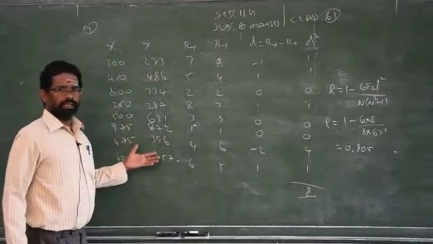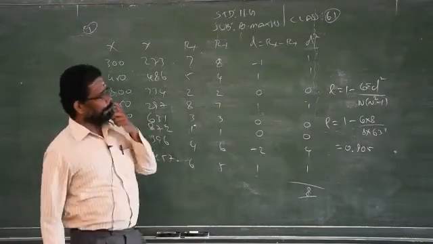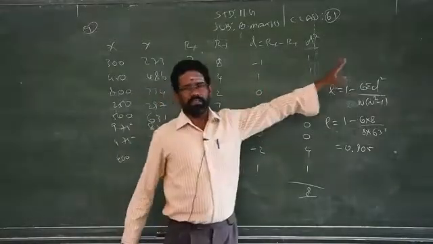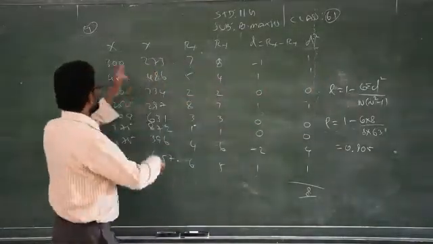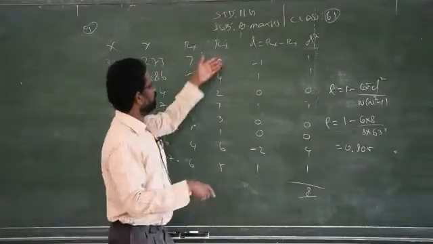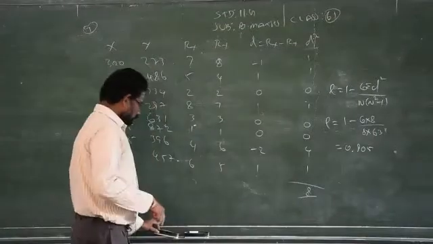Clear? Do you have any doubt? I hope that everybody can understand how to give the rank. You can rewrite the given data separately in ascending order or descending order, give ranks 1, 2, 3, then replace the same in the Rx column and Ry column, then proceed as usual. Clear? Now we will go to exercise number 9.2.